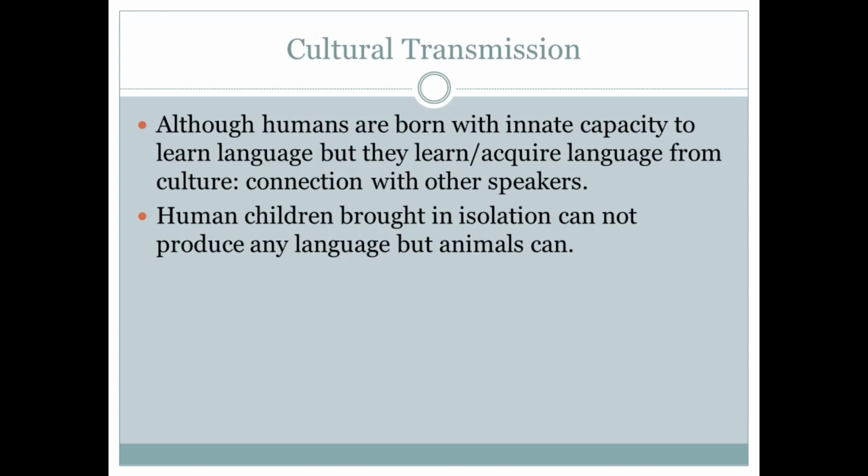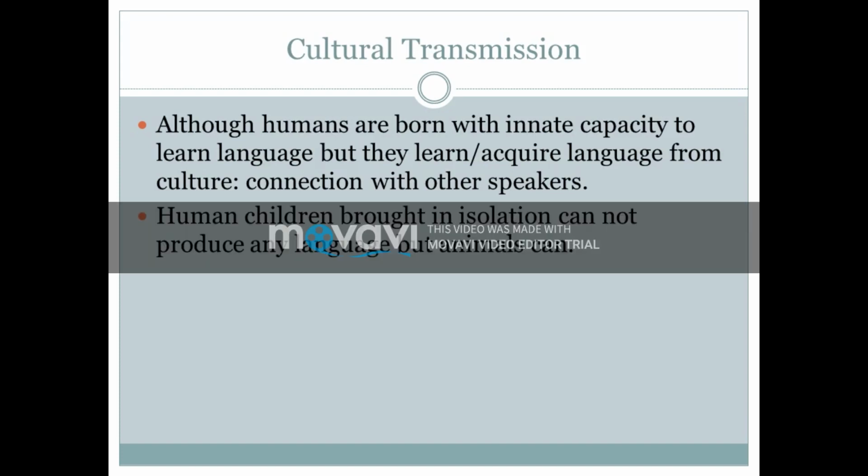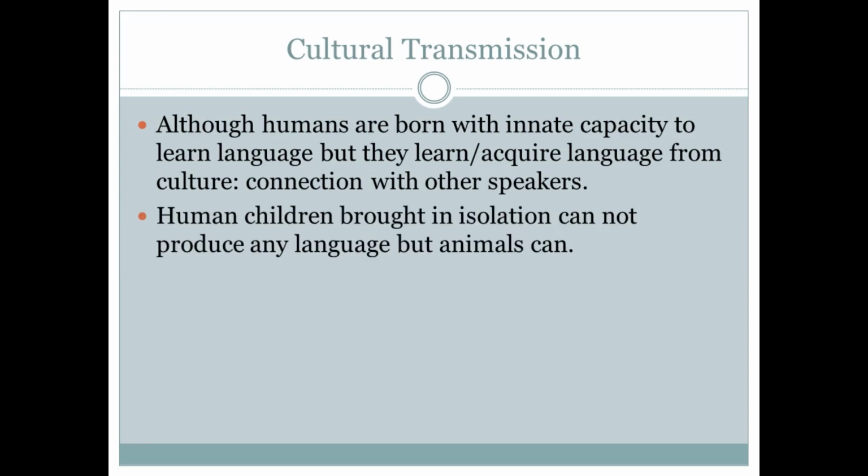So cultural transmission is the next property. So what is cultural transmission? Here we discuss, as I was giving you an example in the beginning, that if you have a puppy, a small baby dog, we call it a puppy. You have a puppy as a pet animal. You just take that puppy,